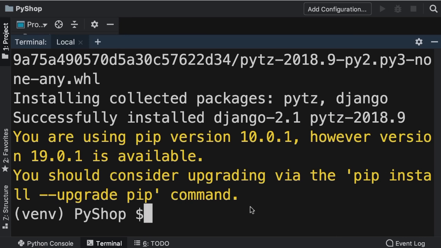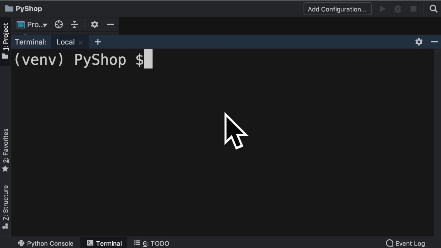All right, Django is installed. Next, we need to create a Django project. So here, press Ctrl and L. This cleans up our terminal window. You don't have to do it, but it's just easier to see. To create a Django project, we need to execute this command,